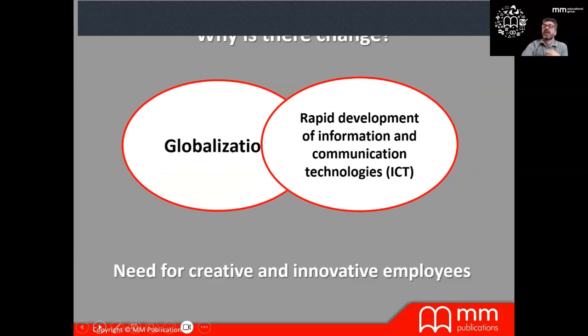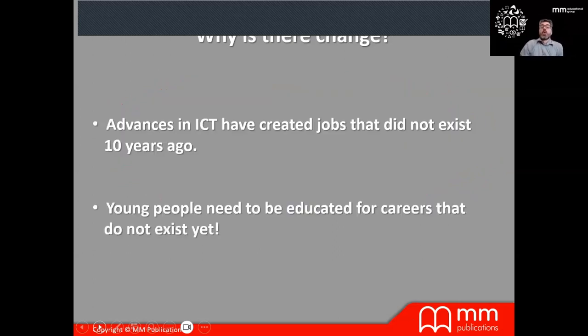That's why in the business world, there is going to be a need for creative and innovative employees. As I said, advances in ICT have created jobs that did not exist 10 years ago.